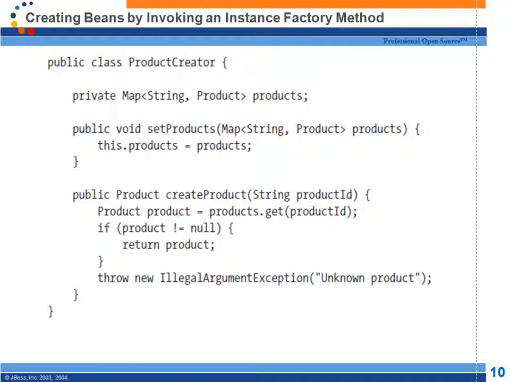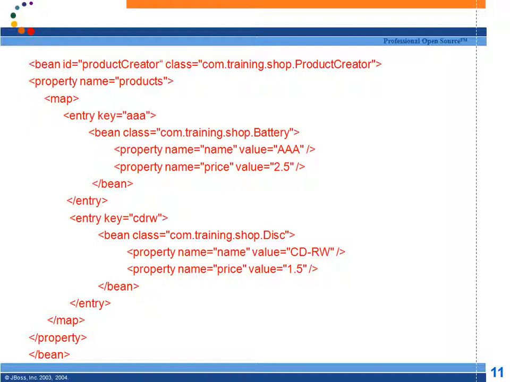If I want to configure this product creator as a bean inside my XML, is it having any dependencies, product creator? Is a map. See how I am injecting. First I am creating a bean for product creator. Products is a map which is having entry for AAA, it is a battery bean. For CDRW it is a